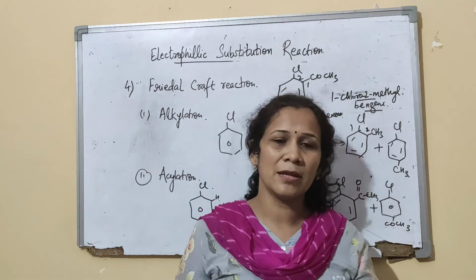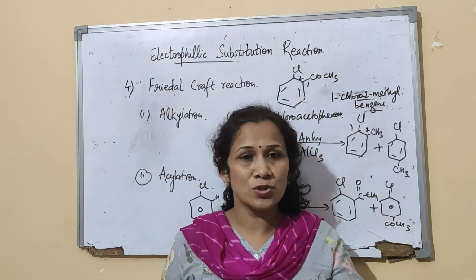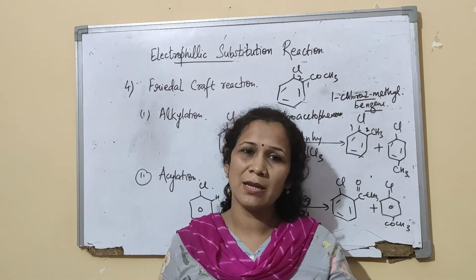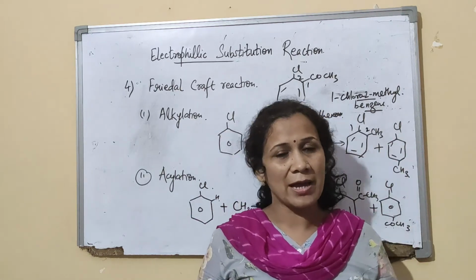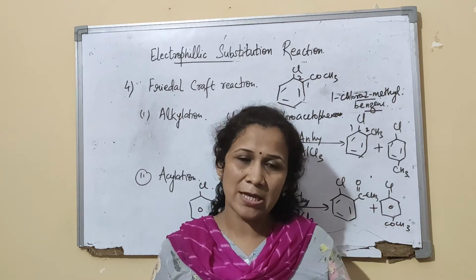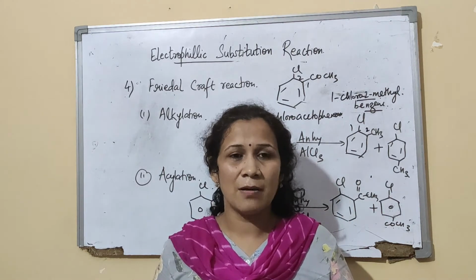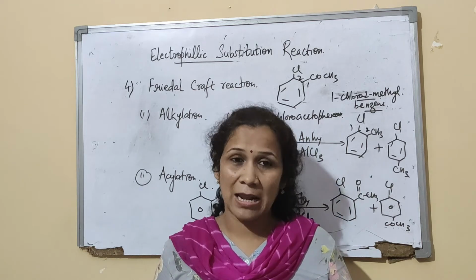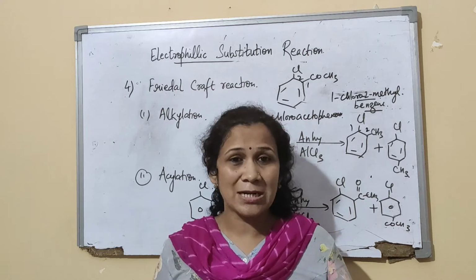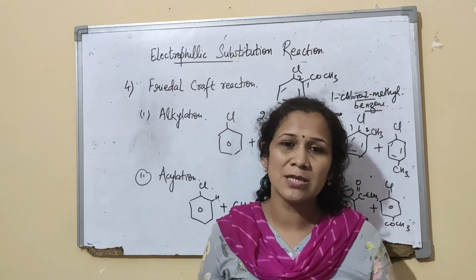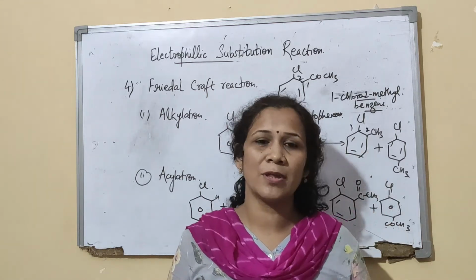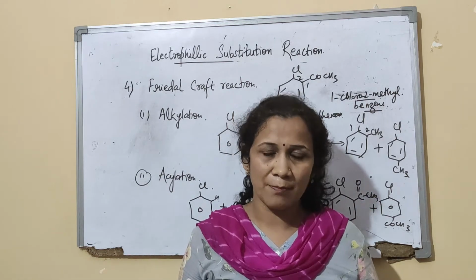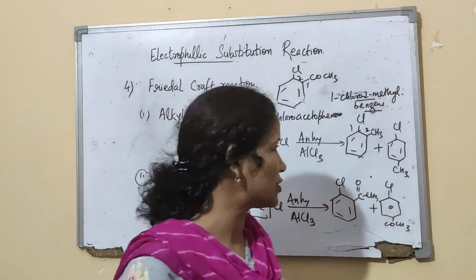So for writing the names, what is very important is you should know which is higher priority group and which is lower priority group. So basically the acid groups come as the highest priority group, sulfonic acid, then carboxylic acids, then comes ketone, then comes alcohol, then comes halides, then comes methyl group. So that is a basic order, but the right order is given in NCERT. You have to learn the order from there so that you are comfortable in writing the name of benzene ring compounds. So these are all electrophilic reactions.